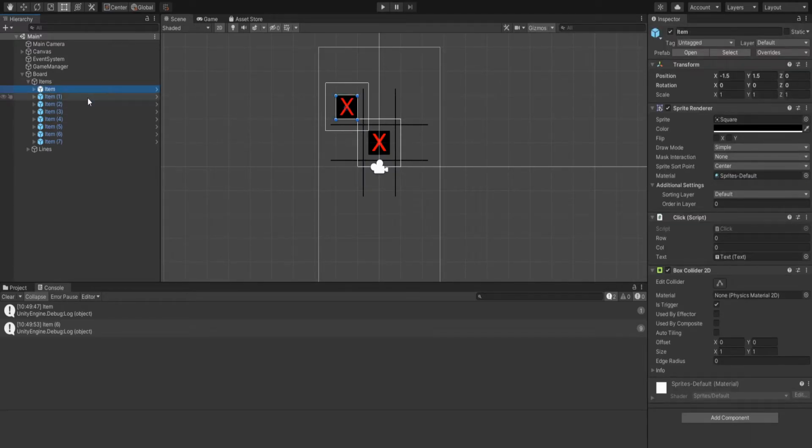So the first was the item. It is at 0, 0 position. The second is the item 1. It is at 1.5, and the item 2, both are 1.5. Item 3 will have just a negative x position of 1.5. Item 4 is at the correct place. Item 5 has a positive x position of 1.5,